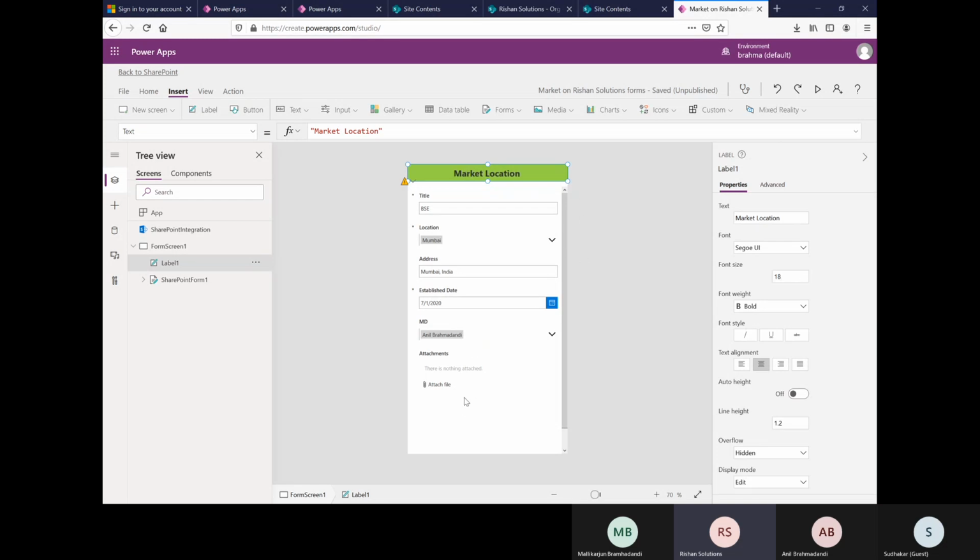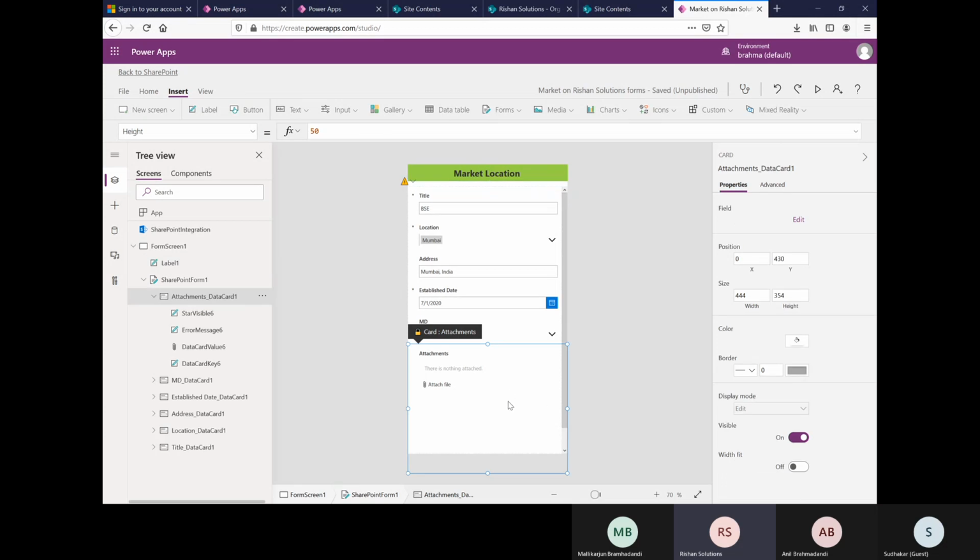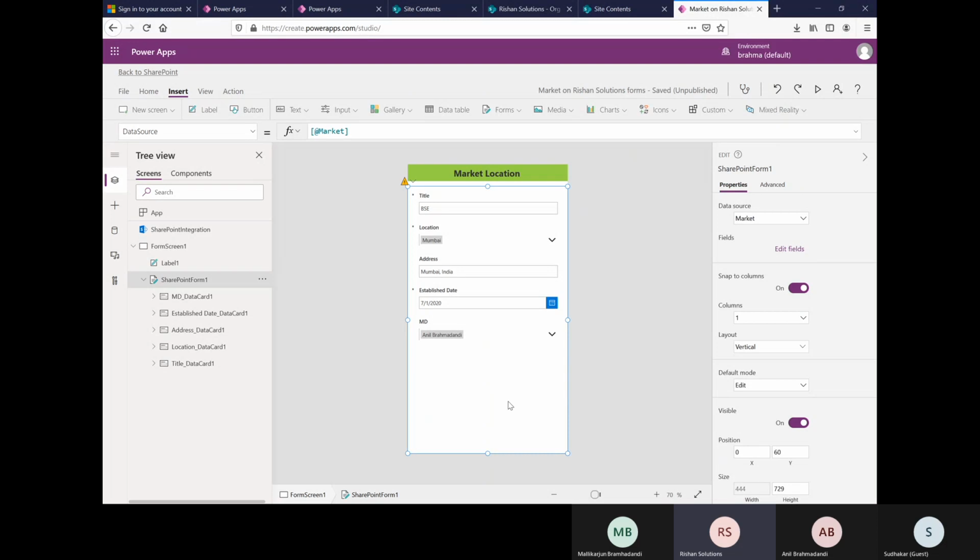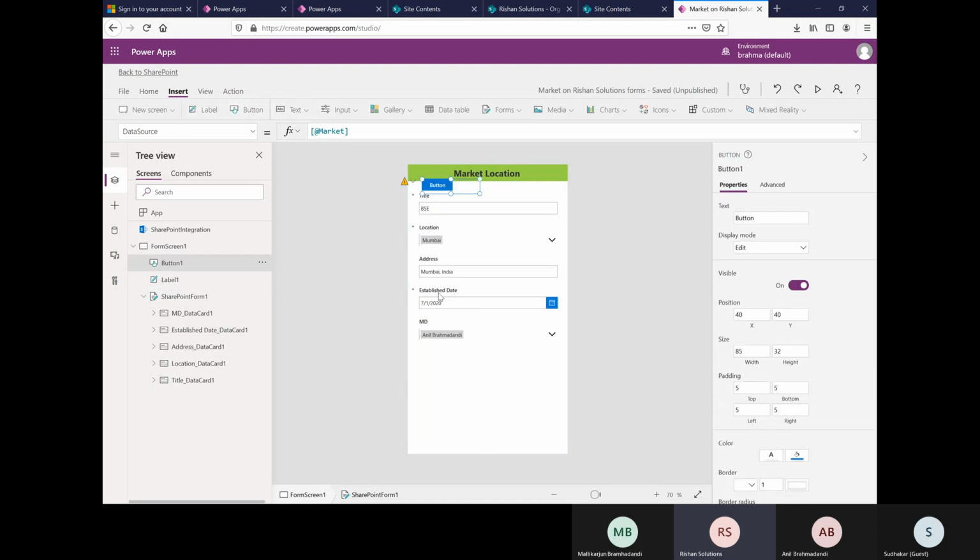Okay, that looks good. And then in the form there is an attachment. I don't like this attachment data card. I can remove it using the delete button. Now I have all the data cards here, 1, 2, 3, 4, 5 data cards, and then I have title, and I have BSc, location, Mumbai, address, established date and MD. And still I want to add one more button here in the bottom. I'll have the button here, and then you can keep this button here, and I want to add one more button,